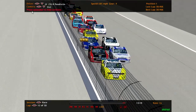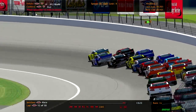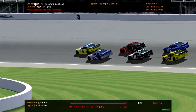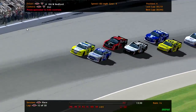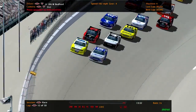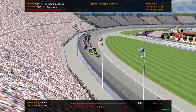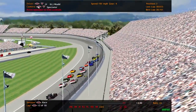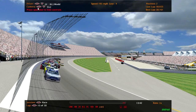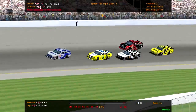These guys now, they're ready for some business, as we are 12 laps in. And Mud right now, not going to waste any time, but will he keep the lead? Because look at the 06 of Bedford make the run on the low line, and he pulls right up to the side of the 6, gets real close, uses the side draft off the corner, gives the 06 of Bedford the lead, and steals it from Mud. He will not get the 5 bonus points. And I believe the speed is starting to pick up, because